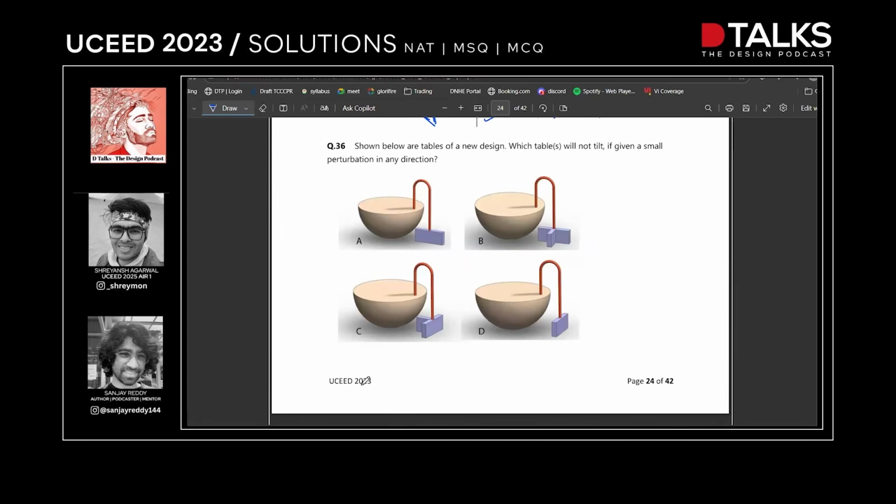Shown below are tables of a new design. Which tables will not tilt if given a small perturbation in any direction? What we're gonna do is, there are four directions, right? Four cardinal directions. These are what we're gonna see. If you push table A in this direction, like this,